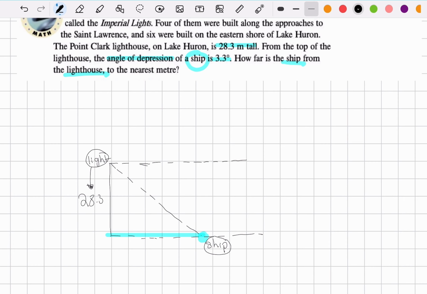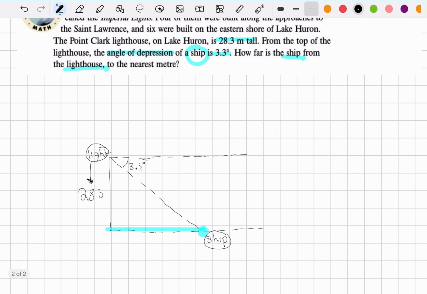So again, the angle of depression is relative to that horizontal line that we've just drawn in. So it's going to be 3.3 degrees here. So in order to actually make use, we can't really make use of this 3.3 degrees in the right triangle that we have from the 28.3 meters because it's not within that, and we can't really find what this angle is. So